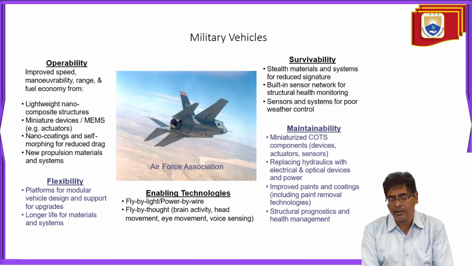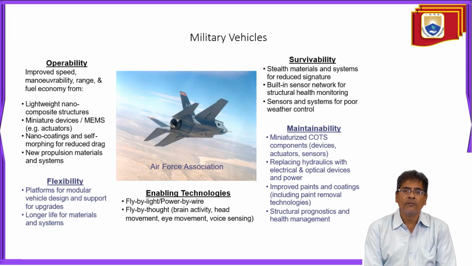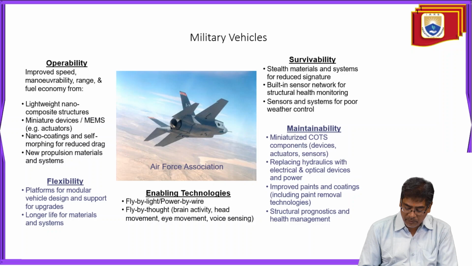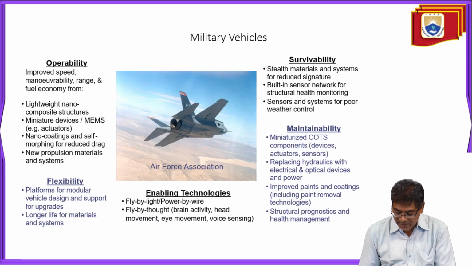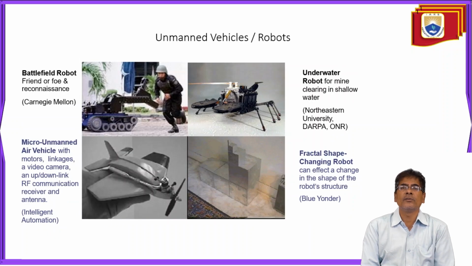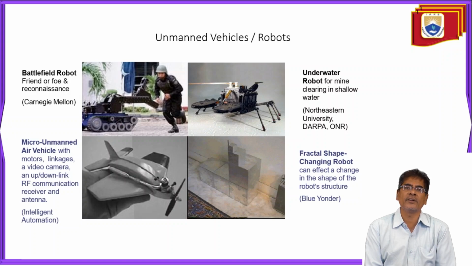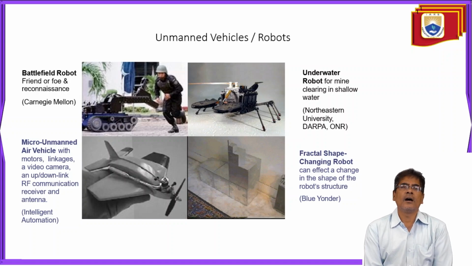Of course, the enabling technologies are fly-by-light, power-by-wire, and fly-by-brain, that means brain activity, head movement, eye movement, and voice sensing are the latest enabling technologies to incorporate in military vehicles, right? So these are some of the uses where we can use unmanned vehicles, right? Robots, like robots generalized for artificial intelligence, right? Battlefield robots, friend or foe, that means a friend or enemy can be recognized,